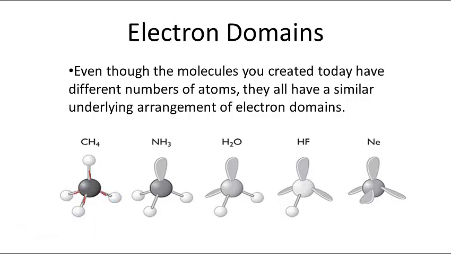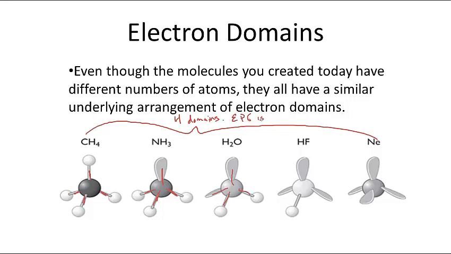The electron domains are the same as in ammonia, which has 3 bonds and 1 lone pair. Water has 2 bonds and 2 lone pairs. So all of these have 4 domains. So the electron pair geometry, or the electron domain geometry, we'll call that EPG, is the same,